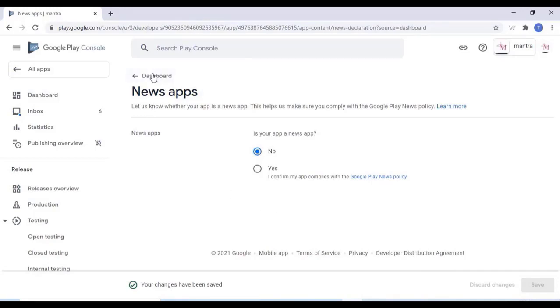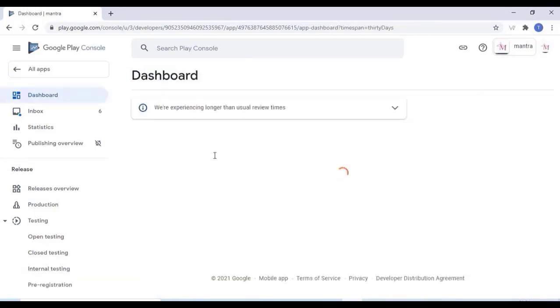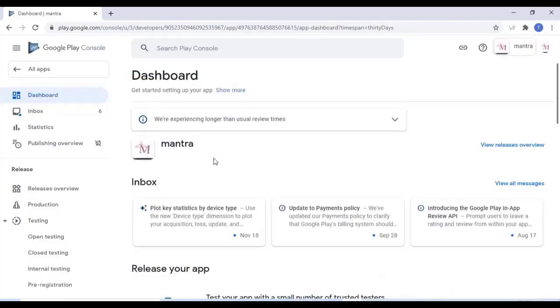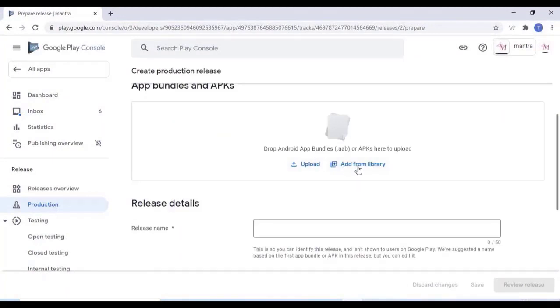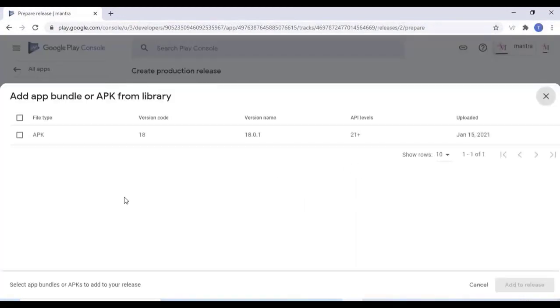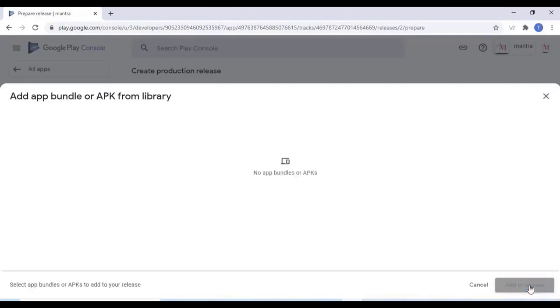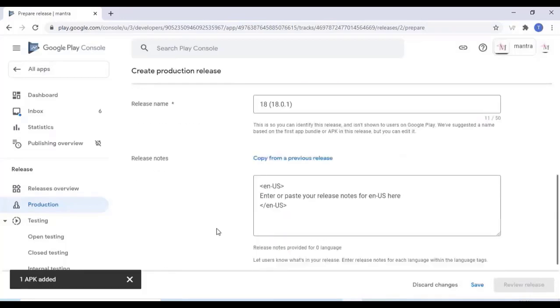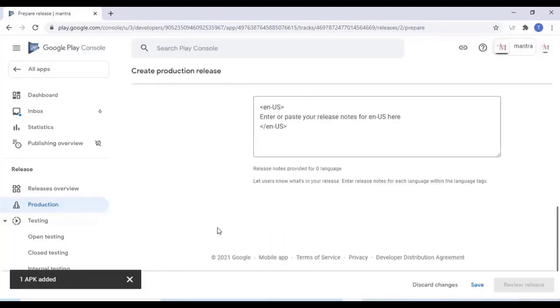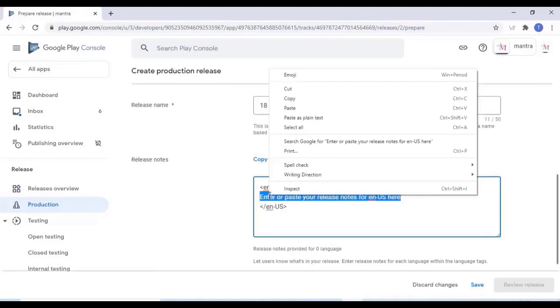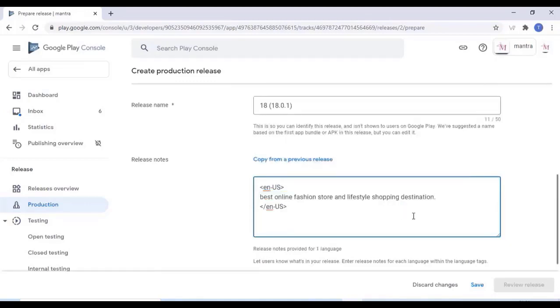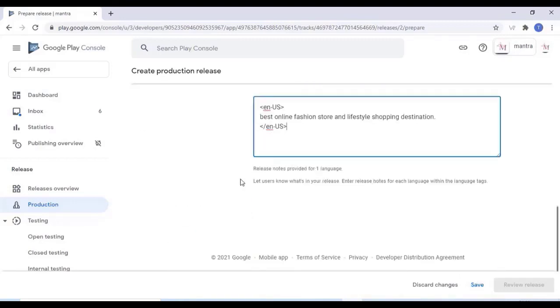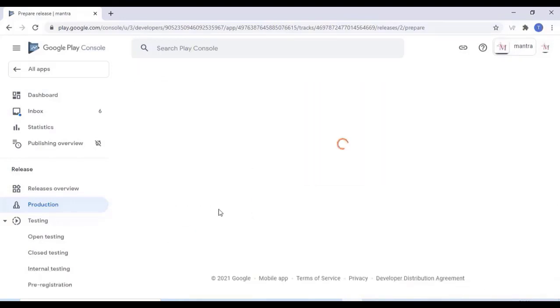Okay, once you finish all these steps, you can publish your app on the Google Play Store. In order to do that, go to the production settings again, select add from library, which is the APK we already uploaded. Just select that APK and click on add to release. You can paste a release note in the section. Just paste it there and click on save,